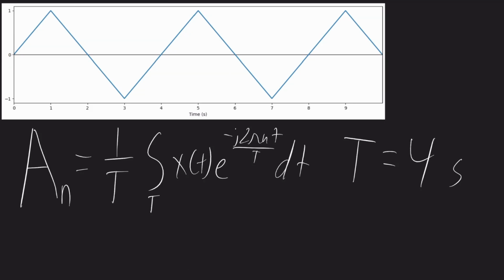Next, we need to pick a region that we're going to integrate over. We can pick any 4-second region, so for example, from t equals 0 to t equals 4. However, this would give us 3 separate regions we have to integrate over. One where the slope is positive, this next region where the slope is negative, and the third region where the